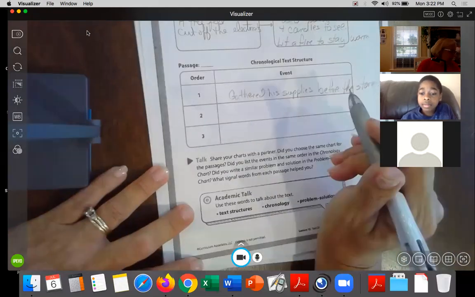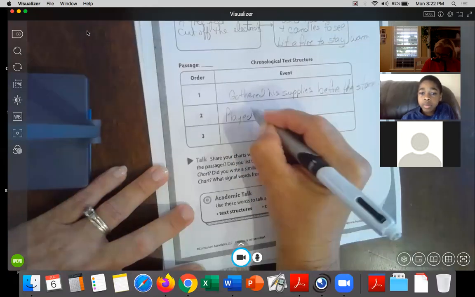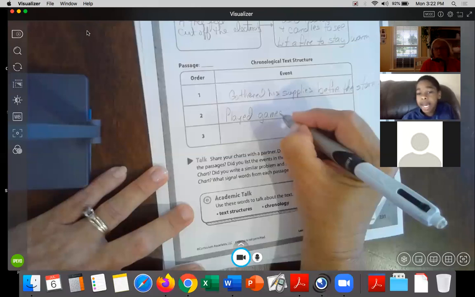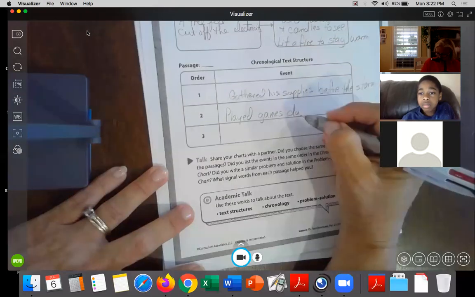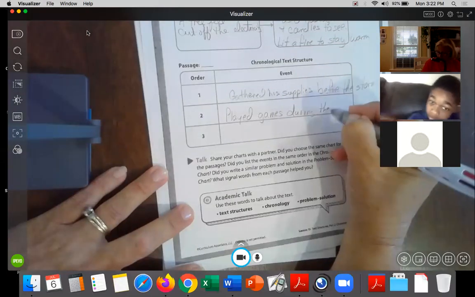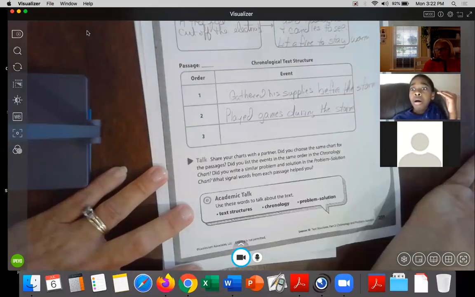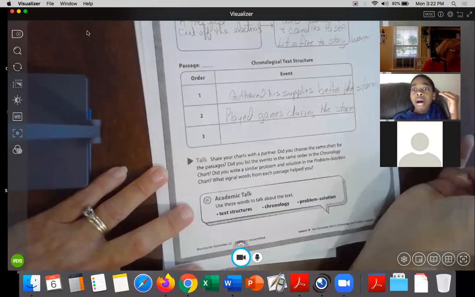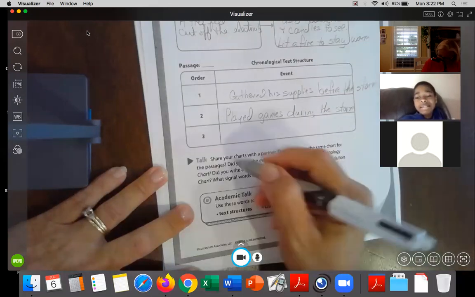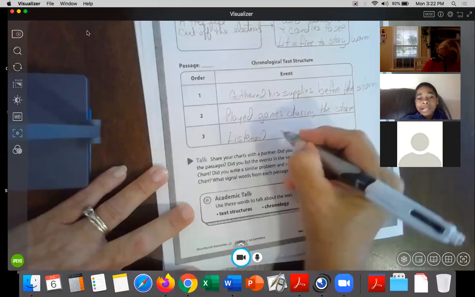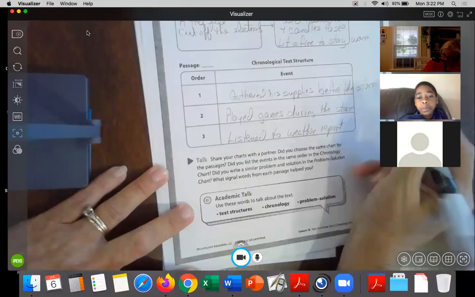The second thing is they played games during the storm. Why do you think they played games during the storm? They were bored. And you're not quite so scared, don't you think? If you've got your mind on something else, you're not quite as scared. And if you don't have electricity, can you play your games and stuff? I know the horror. And then the third thing, the writer listened to the weather report on the radio.